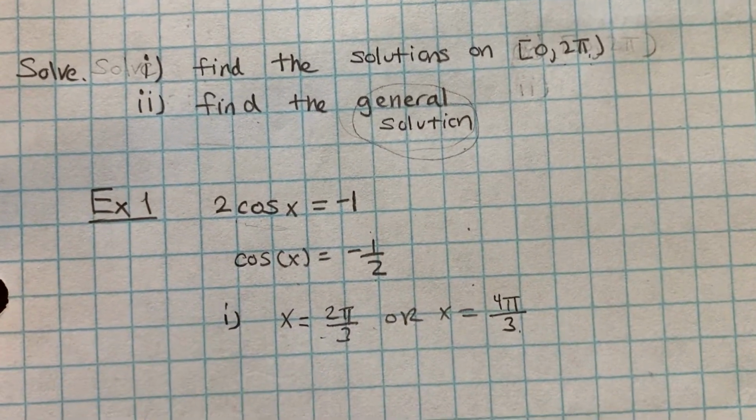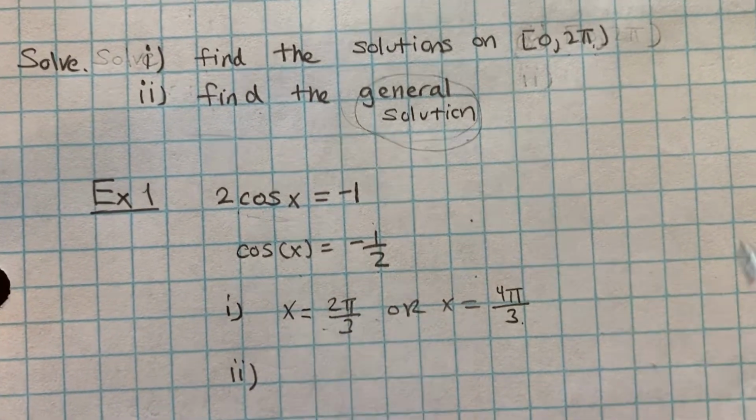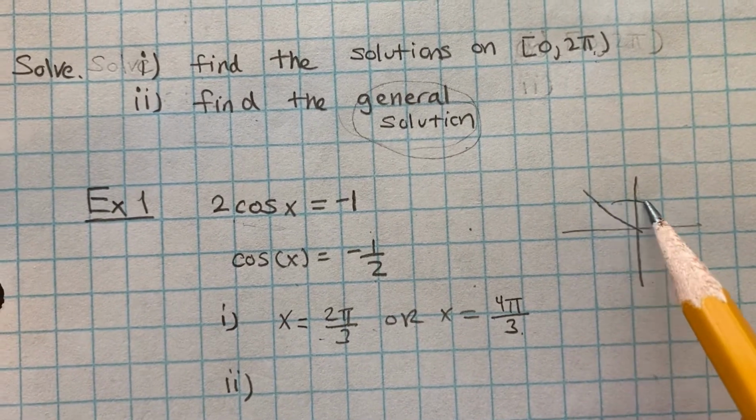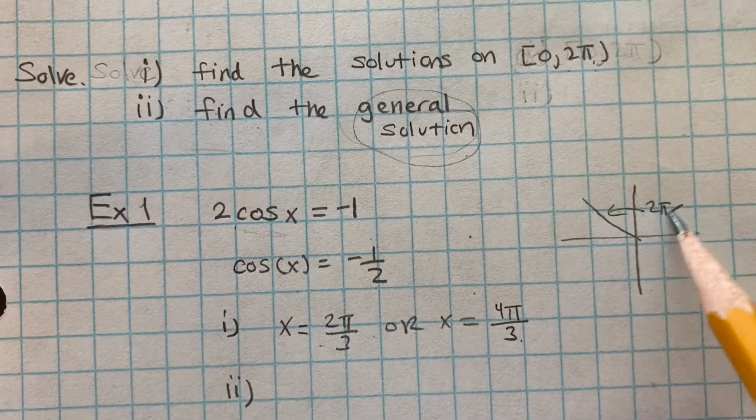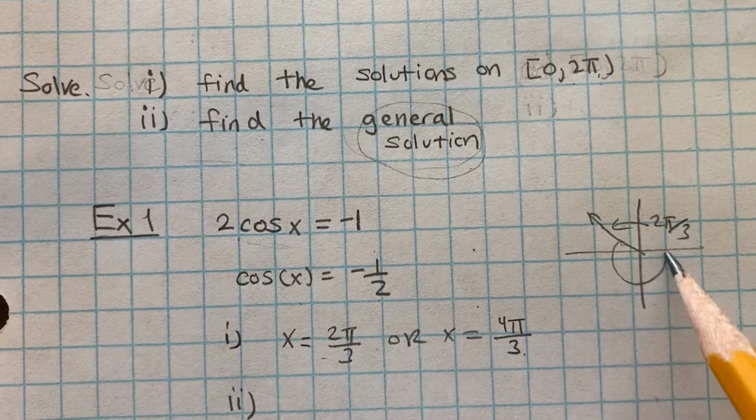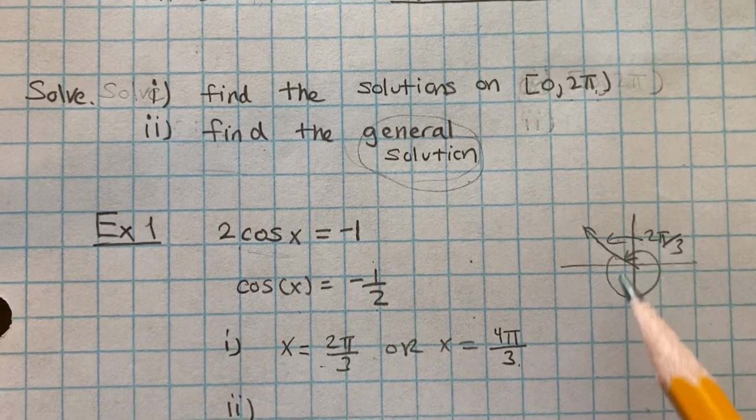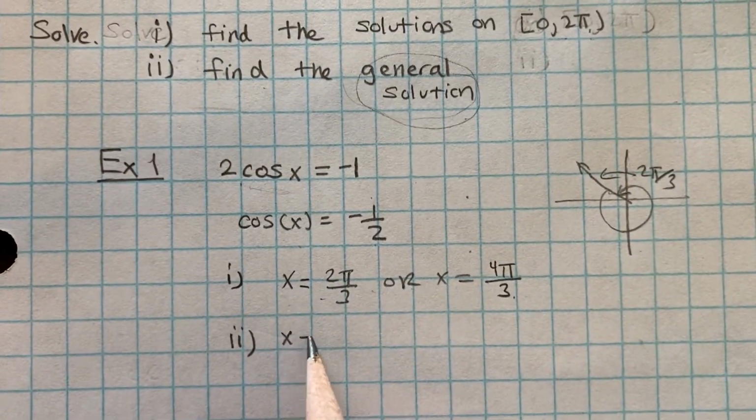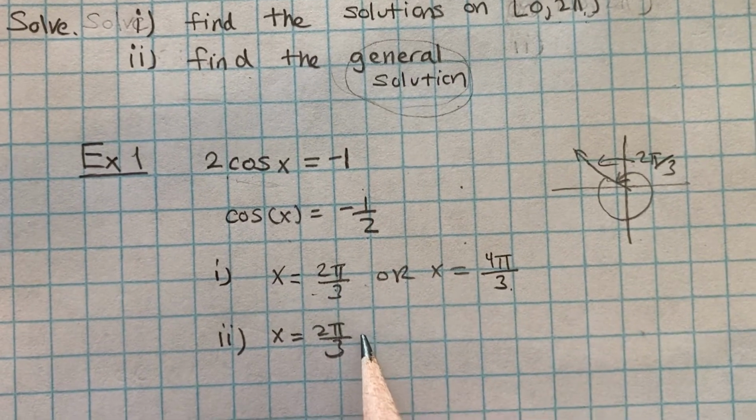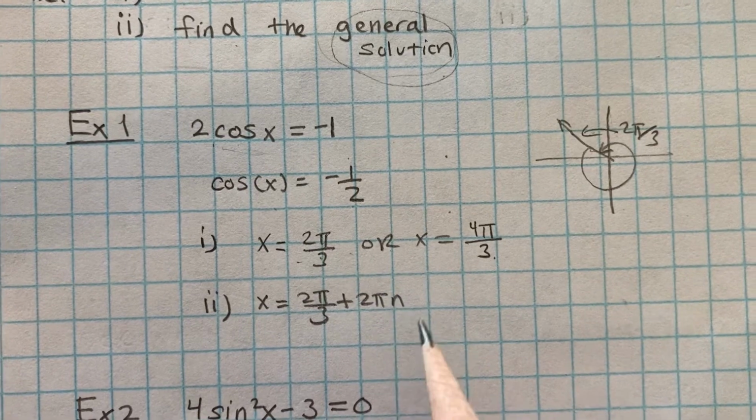So there's part 1. And then if I want all the solutions, for 2 pi over 3, which is right over here, it's going to go around the circle an infinite number of times. So if I keep adding or subtracting 2 pi, all the solutions for this particular x value would be 2 pi over 3 plus 2 pi n, where n is an integer,